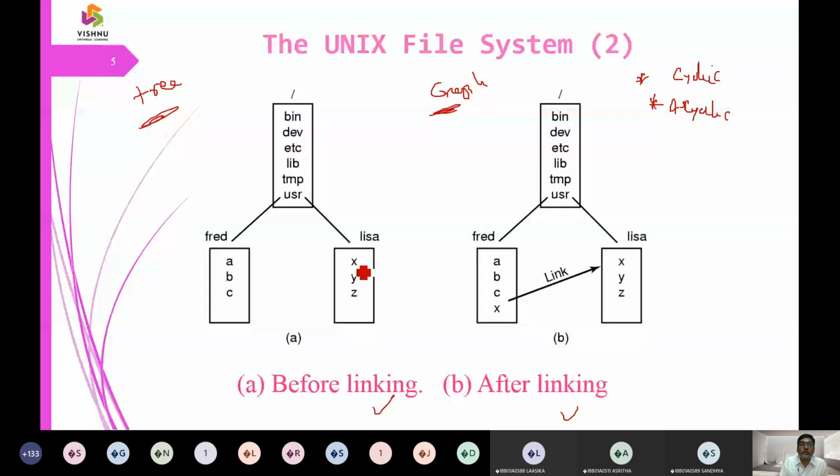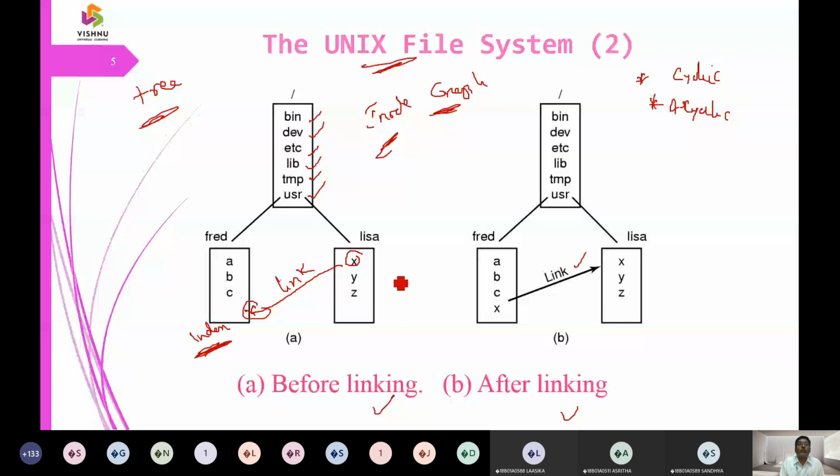A list is going to be given, and we are going to have some index location. So some index location is going to be taken, and that is what we are going to call here a linking procedure. The common files, binary, dev, etc., that is miscellaneous files, the temporary files, the user files, and the general library of the Unix file system are going to be in a node called an inode structure.